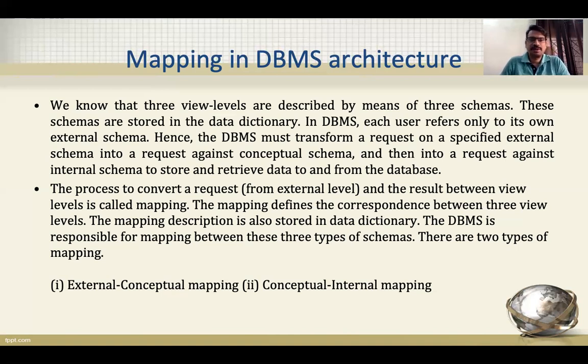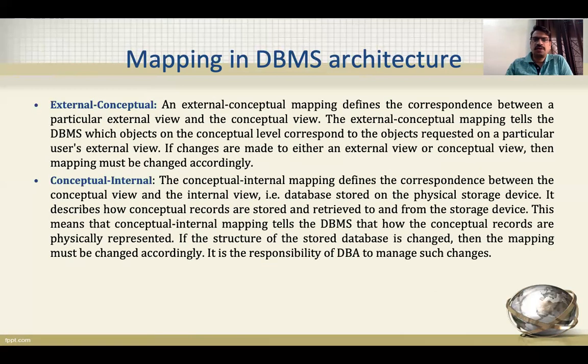So there are two types of mapping: external conceptual mapping and conceptual internal mapping. So we know that there are three levels, right? So the first level is your external level, meaning your view level. We give any request into the view level, it will go to the conceptual level. So there is one mapping. And from the conceptual level, your request will go to the physical level, which is your internal level. That is another mapping. So there are two types of mapping, as you can say: external conceptual mapping and conceptual internal mapping. External means your view level,